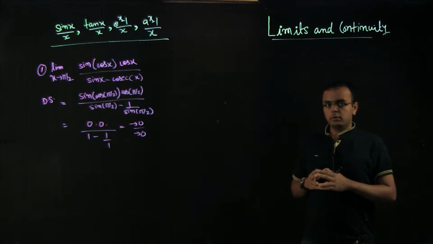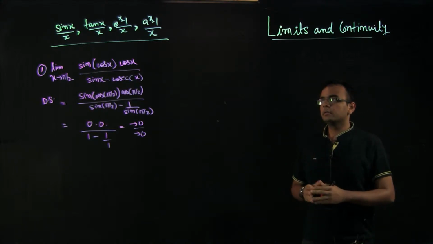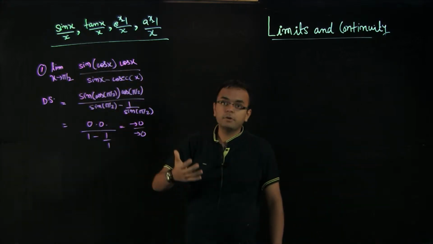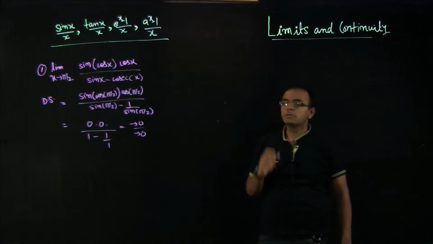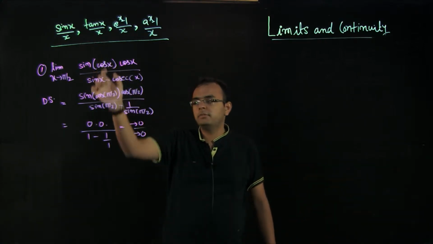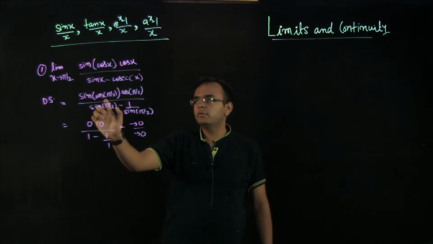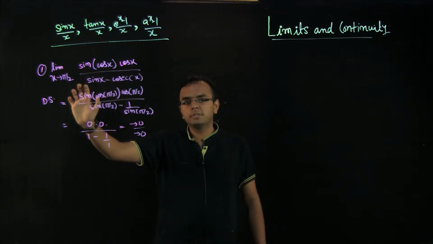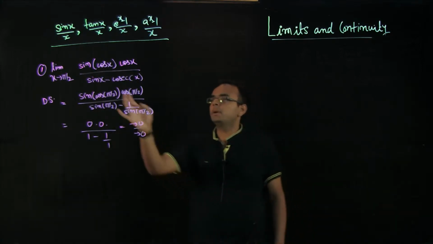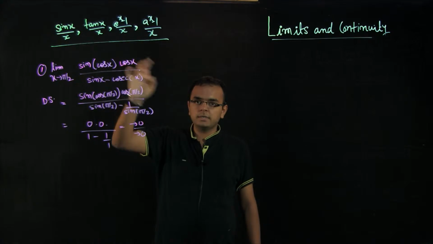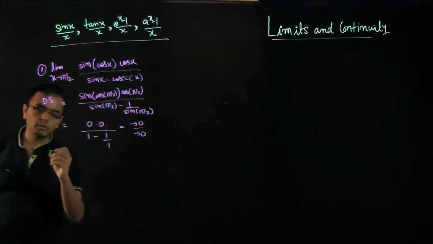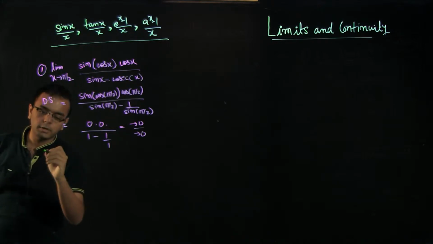So now what do we do? How do we solve a problem like this? We know that the limit of sine x by x is equal to 1, a formula that we have discussed before. What we really want is sine of cos x by cos x, because cos x is going to 0 as x approaches pi by 2. We can create that and we can multiply this by cos square x. So basically, we should solve the problem by trying to make the form into the sin x by x type.